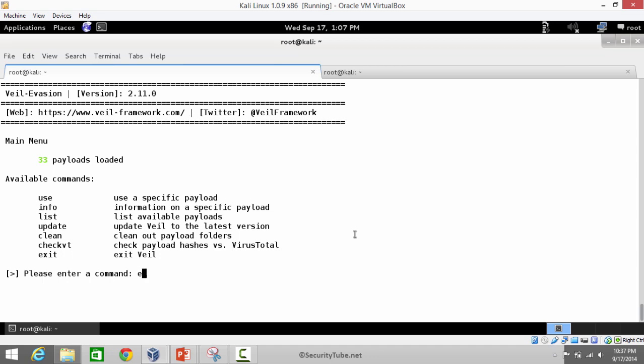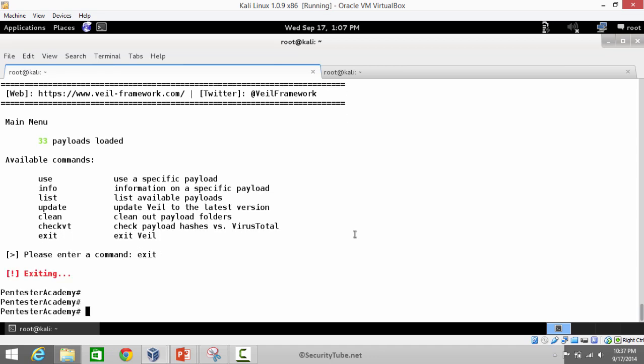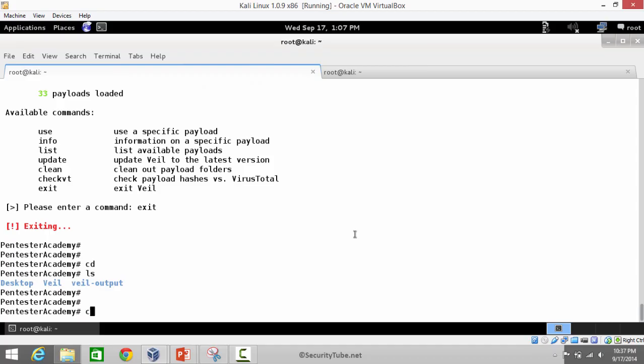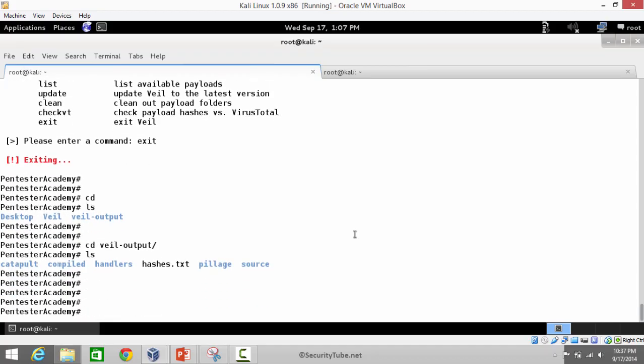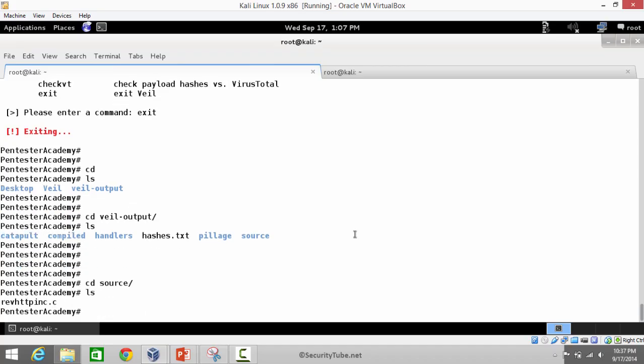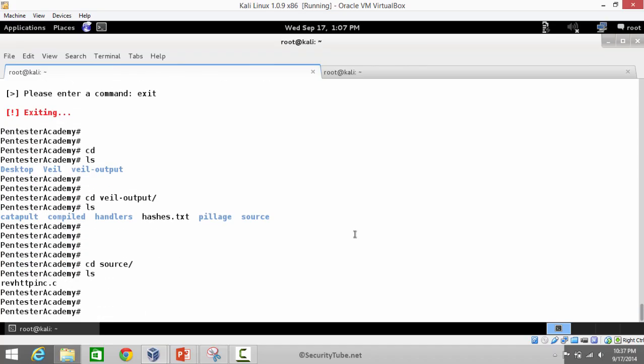So let me exit this. Now, if you go inside Veil output, there are a bunch of directories. The one which is interesting to me is actually source. Now, what Veil does is, if you recall, it said C, Meterpreter, reverse HTTP. So basically, it has written stage 1 entirely in C, and this is the actual C file. So let's open this up,